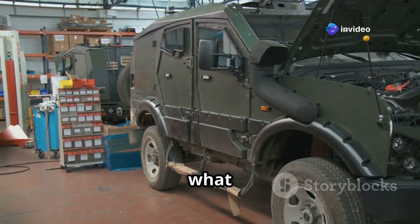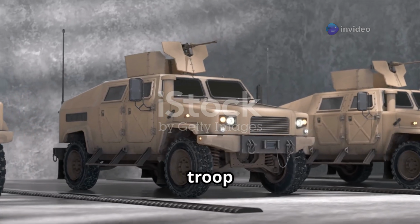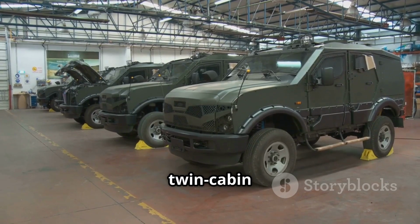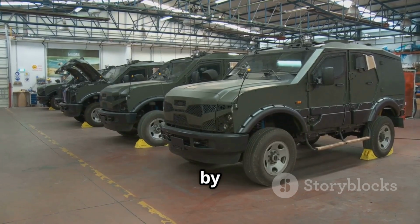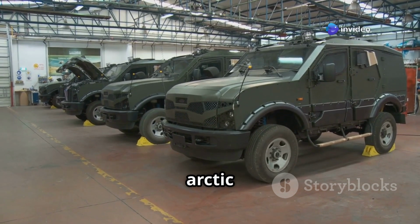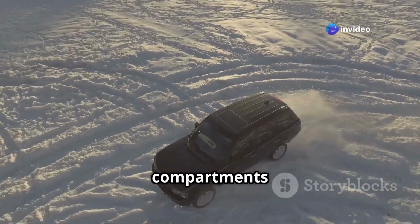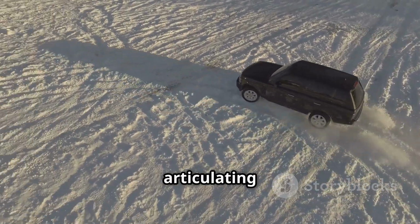So first, what exactly is the BvS10? This vehicle is not your typical armored troop carrier. It's an articulated twin-cabin armored vehicle, developed by BAE Systems Hägglunds, a company based in Sweden that specializes in Arctic and rugged mobility. What makes it special is that it has two compartments joined with a flexible articulating joint, which